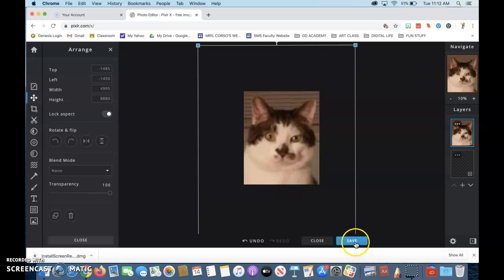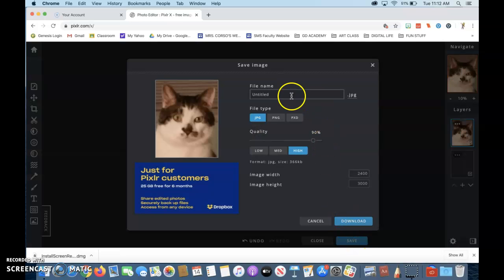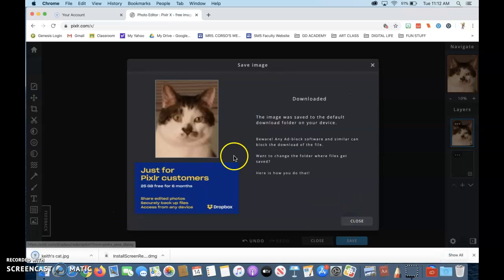That looks pretty good. Now I'm going to save it. And since this is a Mac, it's going to save it in a different spot than you guys when you work on your Chromebook. So I'm just going to call this Keith's Cat. And then I'm going to go ahead and download it. If it's a high-quality image, make it a JPEG, hit download. So you can see what it did is it just gave me a little footer here for a download. Yours will probably end up being saved in your Google Drive, and that's fine,